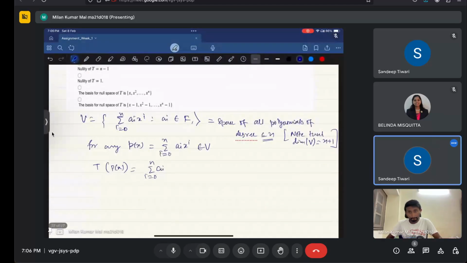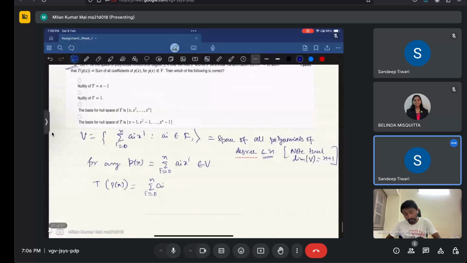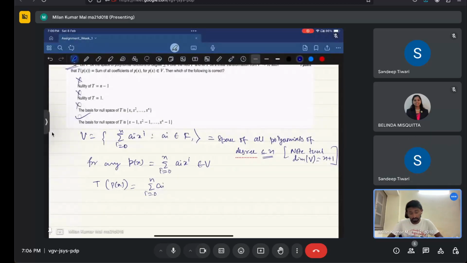Option D will be correct, and all other options will be discarded. But we'll discuss a little bit: nullity of T is n minus 1. That's false, because as we know,